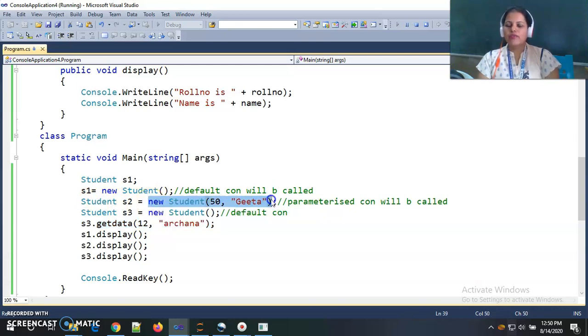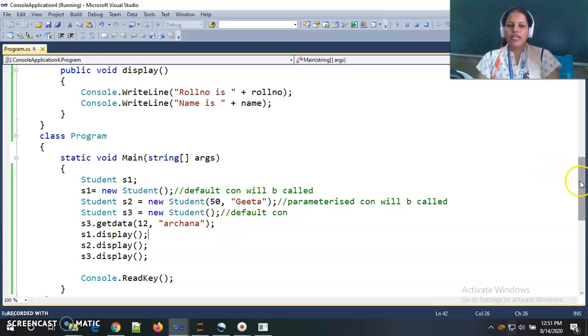So here our object is instantiated. When we instantiate our object, at that time the constructor will be automatically called. Now according to the parameters passed, the default or parameterized constructor will be called accordingly. So this is the concept.